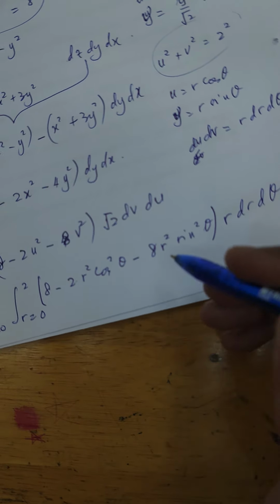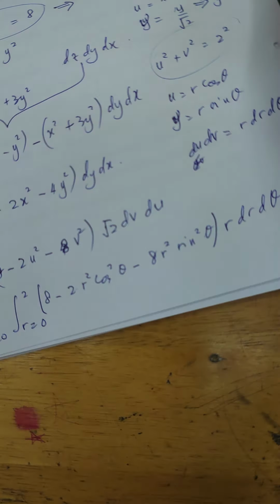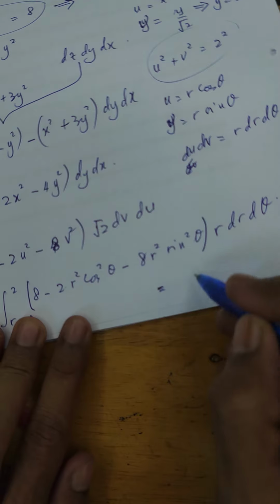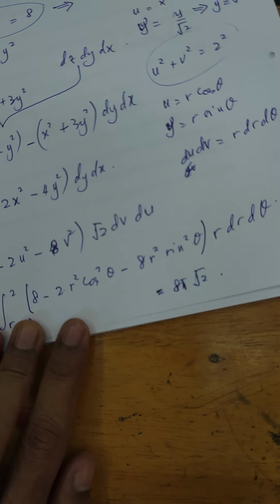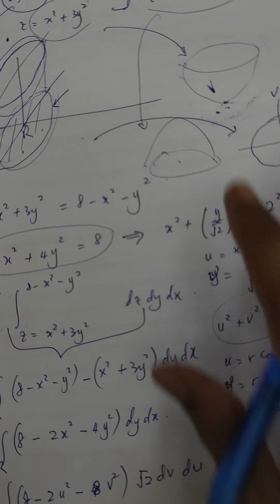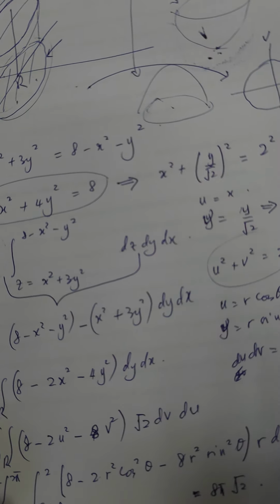Then we end up with the solution. We just give you the solution: it is given as 8 pi sub 2. Of course, from here, if you don't want to do the transformation, especially this part here,